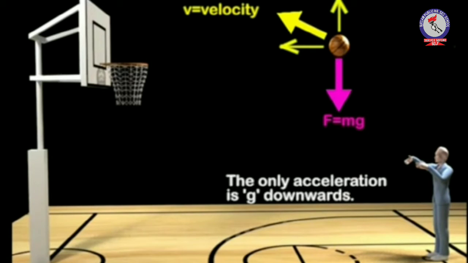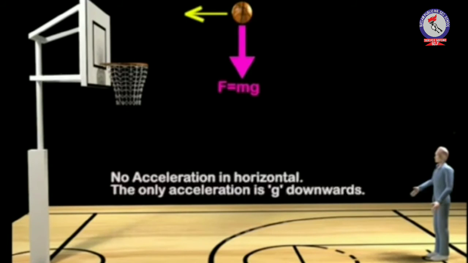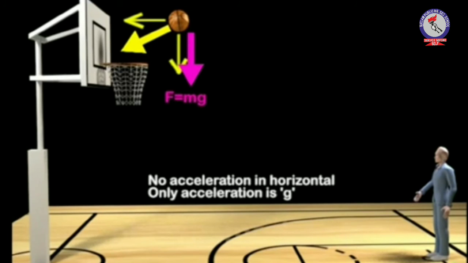You can see that there is no acceleration on the ball in the horizontal direction. So we resolve the yellow arrow in two directions. At the top of the flight, the ball has reached its maximum height, and there is no vertical velocity. There's only a horizontal velocity. Now, as the ball nears the basket, you can see the yellow arrow pointing downwards. So the resultant velocity is towards the